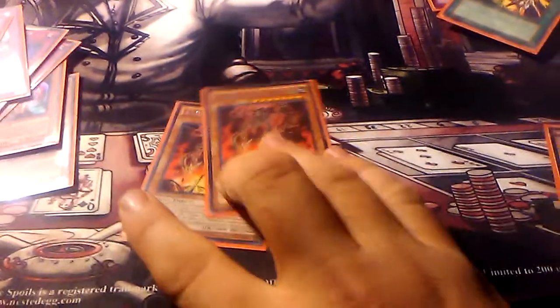We have 2 Ghost Ogre and Snow Rabbits. That's also for getting rid of things like Diagram or any effect monster. Really, we have these, which came in highly useful tonight. I was able to